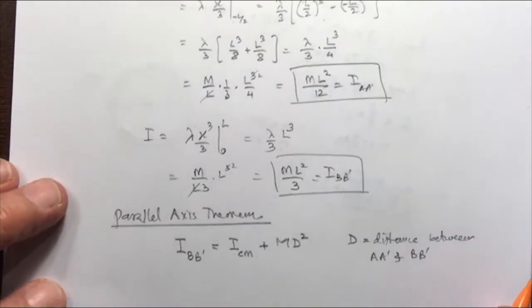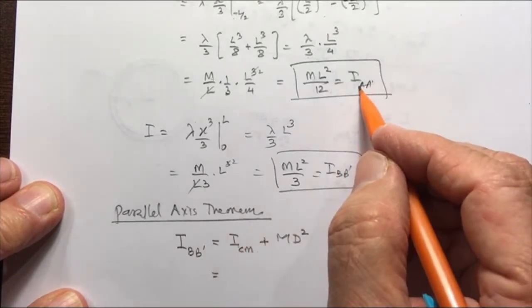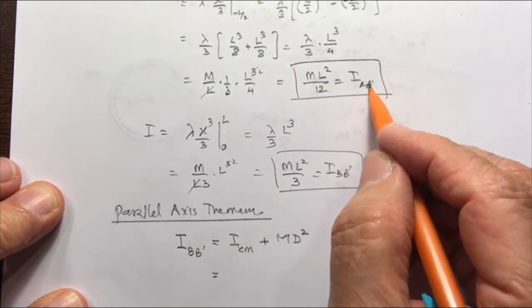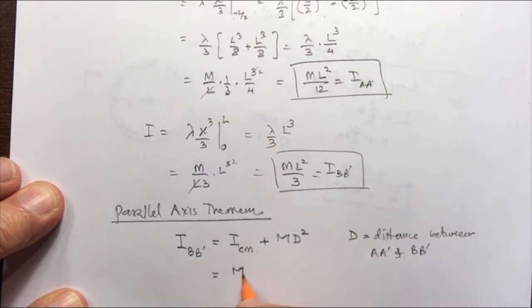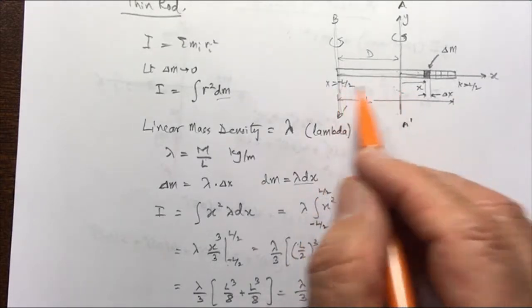So if we use that, and the moment of inertia with the center of mass is given by this equation, because this A prime was passing through the center of mass, it's going to be ml squared over 12 plus md squared. So m is the mass and d is the distance between the two axes, which is L by 2